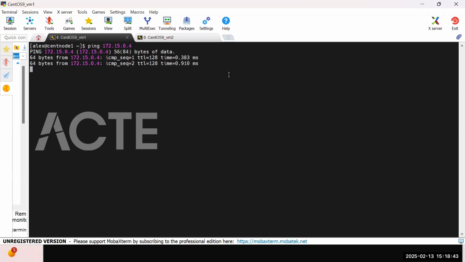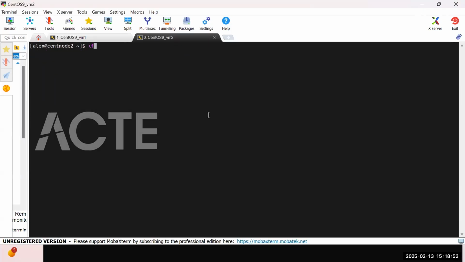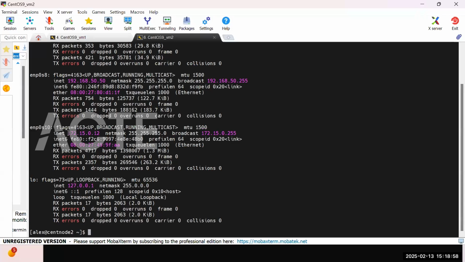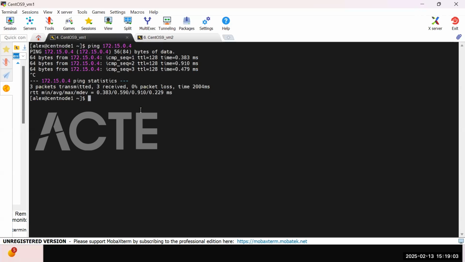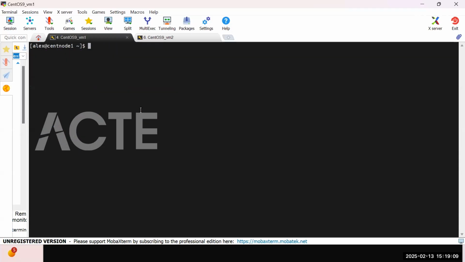So this is Windows. I'm just pinging, and it's done. And there's another virtual machine that I have. If you see, this IP is 172.15.0.12. 12 is another Linux. So I have two Linux and one Windows, and I would like to demonstrate to you the file transactions between